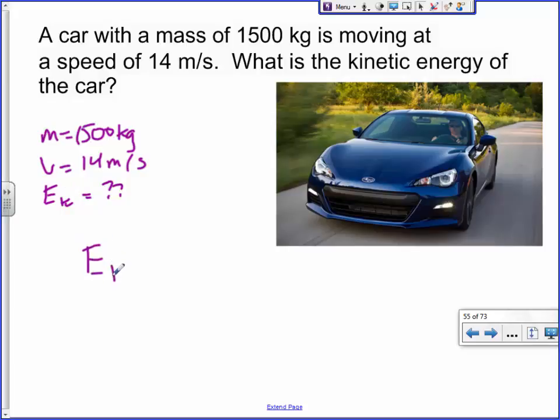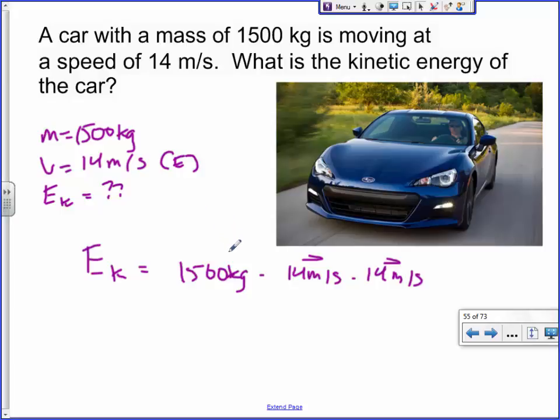When we throw our formula together, we're going to do mass, 1,500 kilograms. That would never have a direction, right? We're then going to times by the speed, or velocity if we attach a direction to it. But we're going to square that number. So even if this thing had a direction, whenever you multiply two vectors together, it always turns into a scalar. That makes sense? So even though we possibly could have said that he was going east, it wouldn't matter.